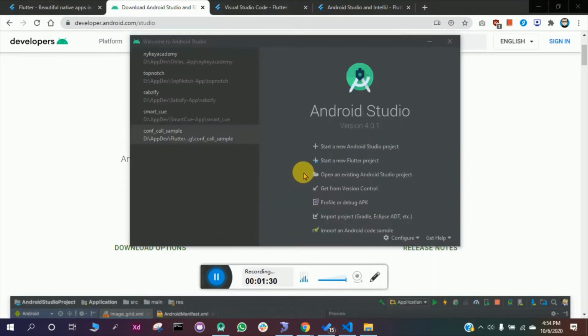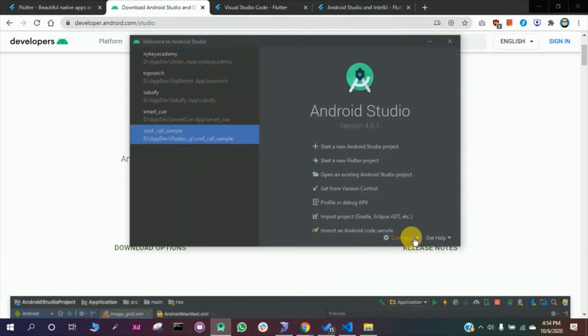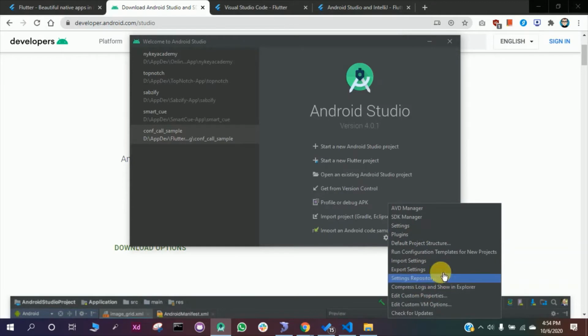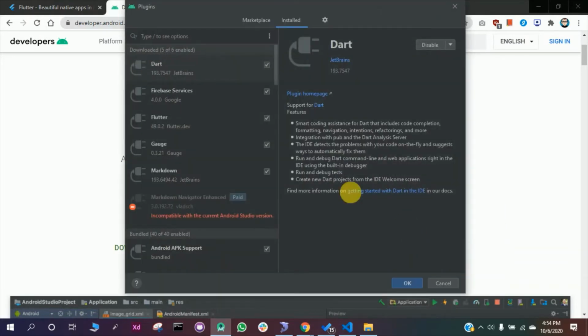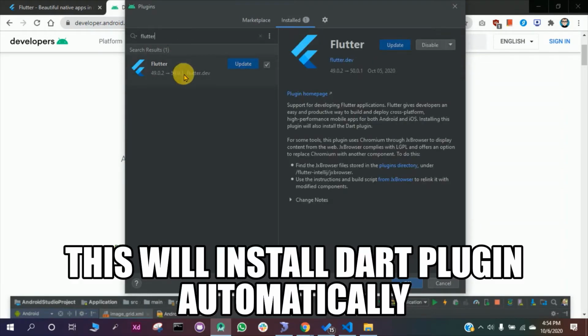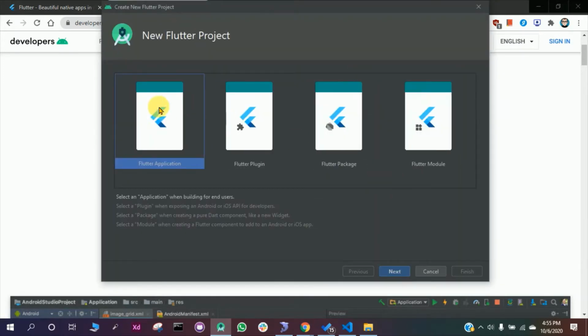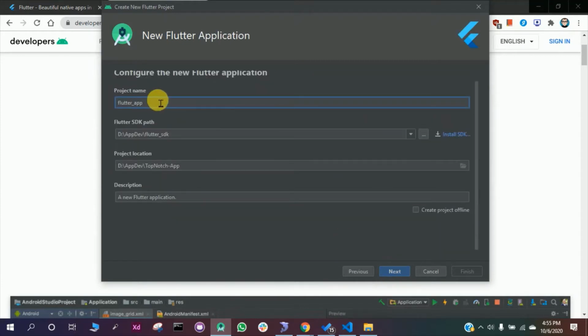Once you have downloaded and installed Android Studio, you can simply go to Configure and Plugins, and in Plugins you have to search for Flutter and install it. I have already installed this plugin. Once you install this plugin, you can click here, start a new Flutter project, and you have to select this new blank application. Next, and the project name is app for